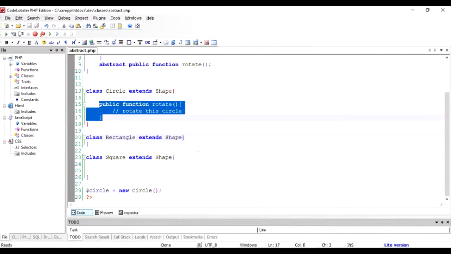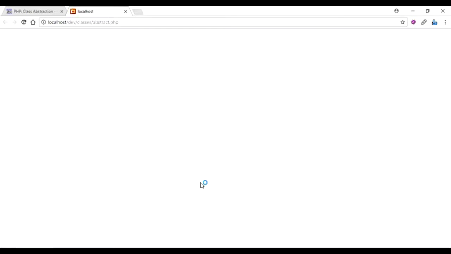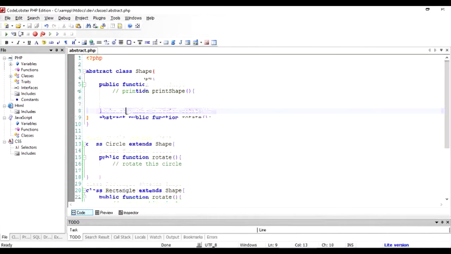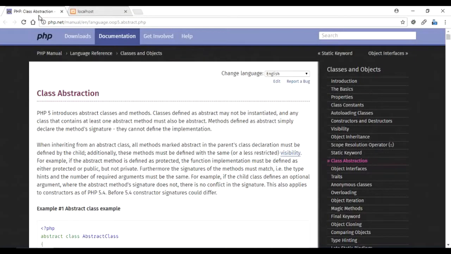So we will copy the same function in there because everybody is extending the shape class. And now let's run it. Hopefully it should go away. Yes, there's no error. So that indicates the meaning of abstract on the function. So I hope you understand the concept of abstract class and also the concept of using abstract on the function. Now there are certain rules that we need to follow, and these rules are very clearly listed out